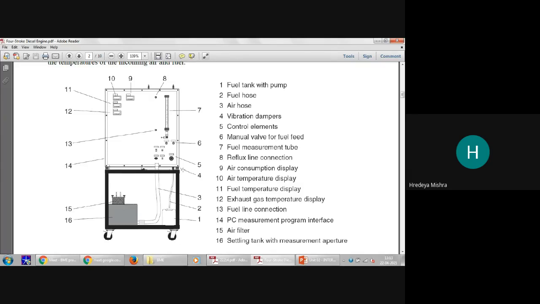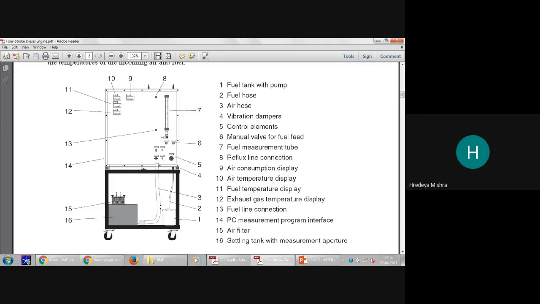If the engine is started, some vibration happens in your vehicle. To absorb that vibration, this vibration damper is provided. They absorb the vibration and minimize its intensity, so that the vibration doesn't affect the